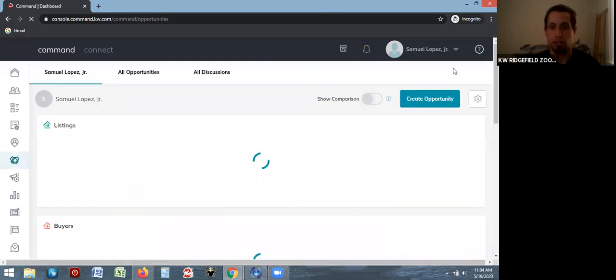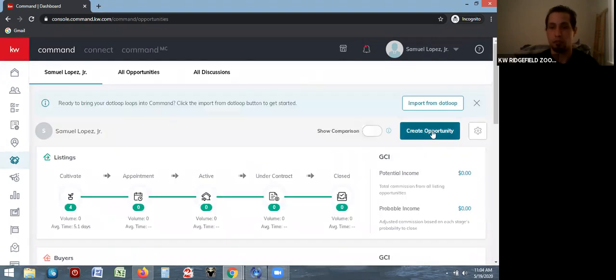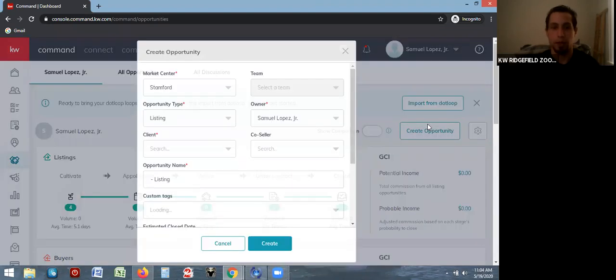And then once you are there, just gotta move faces out of the way. You can click this blue create an opportunity button to start a new opportunity. And it's going to pop up with this box where you have to enter a little bit of information. Market Center, I'm assuming that most of you won't have any options to change this. It will be whatever market center you're at, whether that's Stanford or Ridgefield. A few agents may have